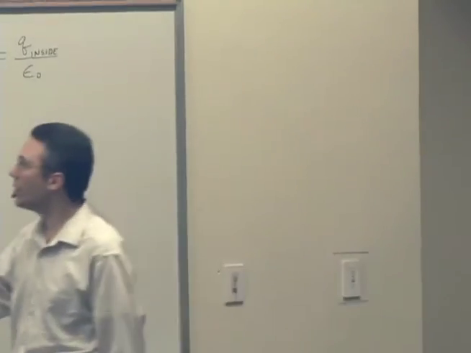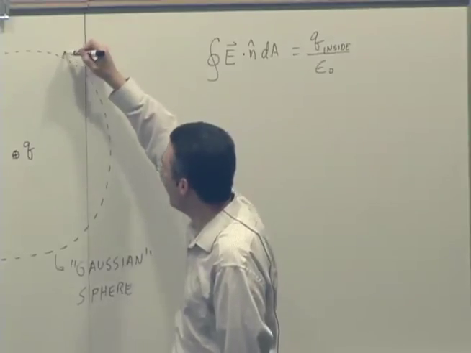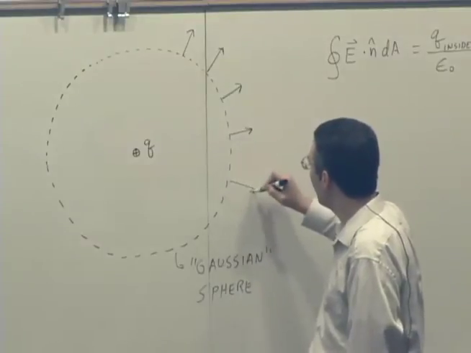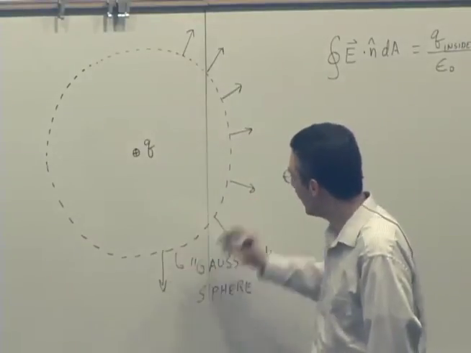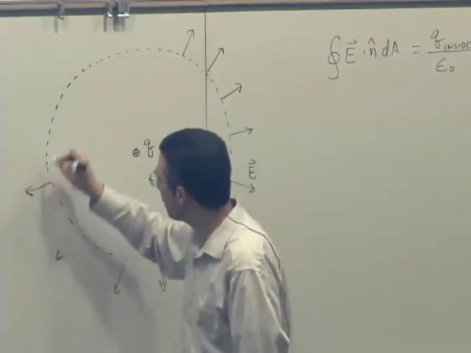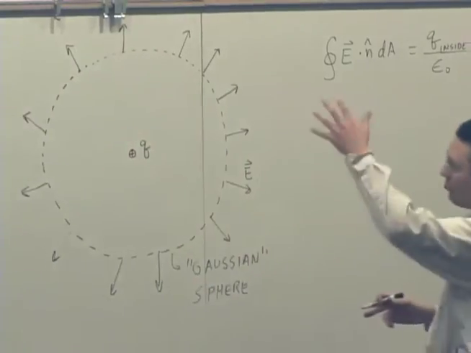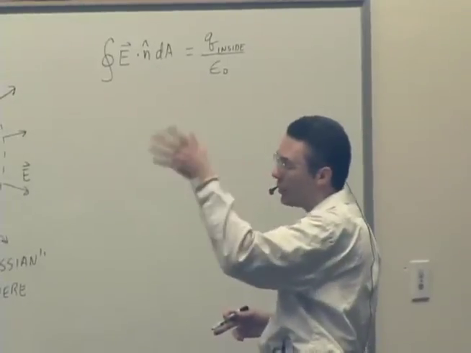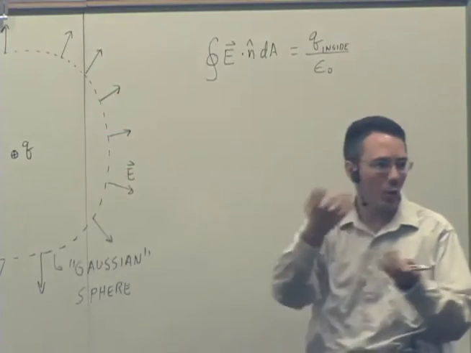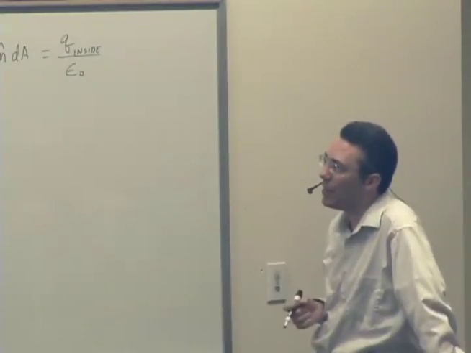So everywhere over the surface of this sphere, the electric field has got to look the same. It's got to be pointing radially outward. So that's our electric field. And it has to have a uniform magnitude over the surface of that sphere, because if some side had a smaller magnitude than another, then it wouldn't have spherical symmetry. It would look different from different angles, and that just doesn't make any sense based on the symmetry of the